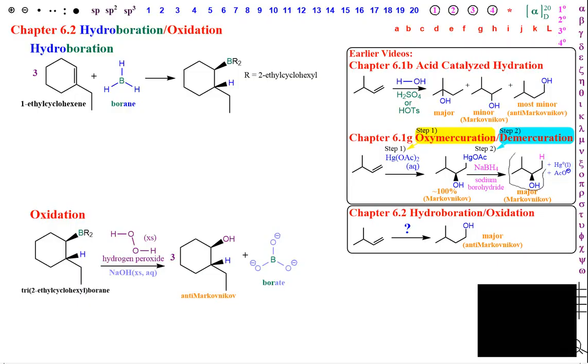The hydrogen replaces the mercury with sodium borohydride reacting with this carbon-mercury bond. Side products being metallic mercury, which is a liquid, very dense, it would be at the bottom of the flask, and acetate ion, which comes off of the mercury. Side products we don't worry about too much in this class. The important thing is you made a high yield of the Markovnikov alcohol here, and you got a very low yield of the same alcohol